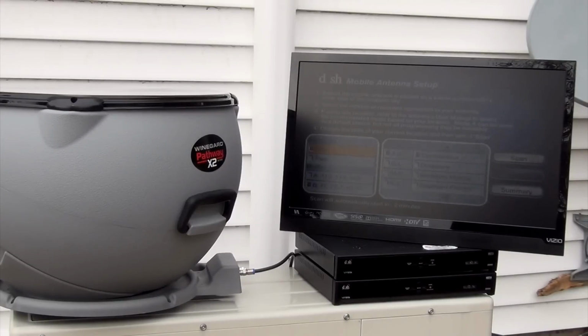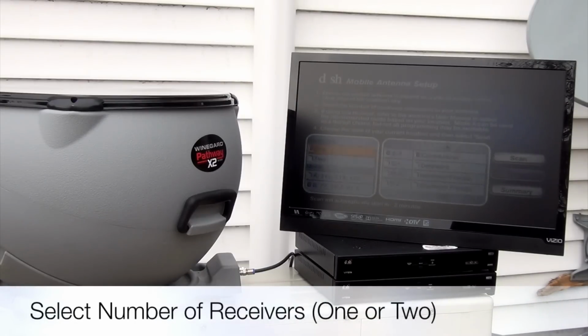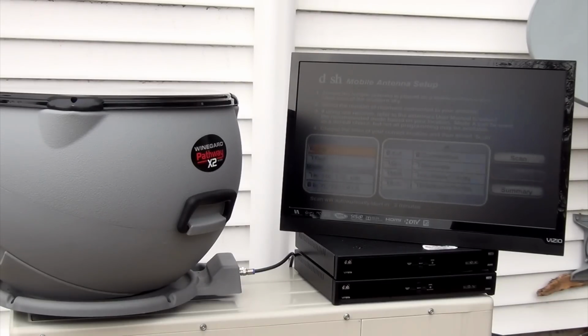All right, now we're going to show you how the Winegard Pathway X2 aims itself. When you plug in your 211K, you will see a screen on the right-hand side, and you'll see that screen pop up asking you to set up your mobile antenna. Then you select how many receivers you have hooked up, 1 or 2. And right now, even though you see 2 receivers hooked up, we only have 1 hooked up since there's only